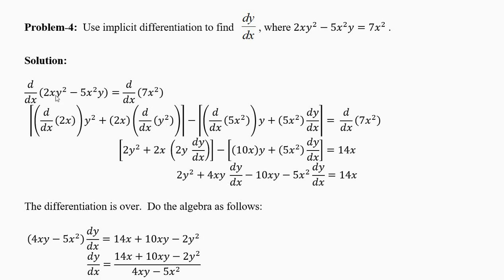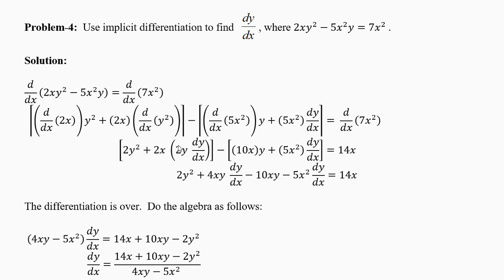We are in the first term. We'll get 2y square plus 2x into 2y. That will become 2y square plus 2 into 2 is 4, x into y. Write x first, y second. Plus 4xy dy by dx. Minus, minus. Now differentiate this. There are two things here. First function is 5x squared, second function is y. Derivative of first function into second function plus first function into derivative of second function. The derivative of second function is dy by dx here.